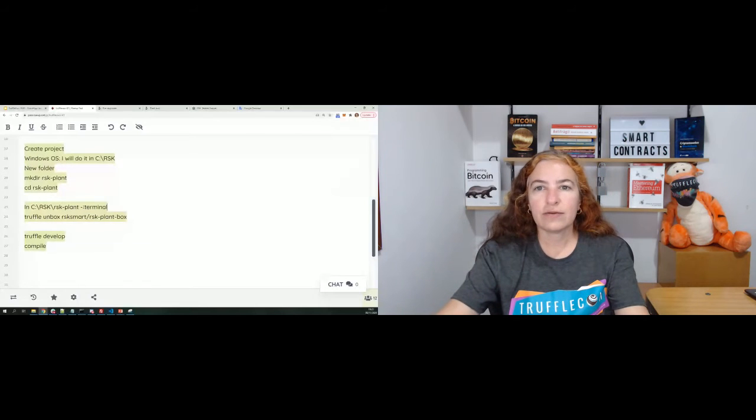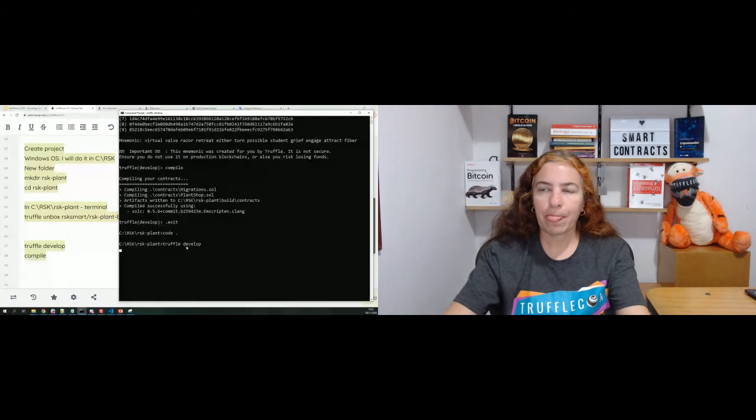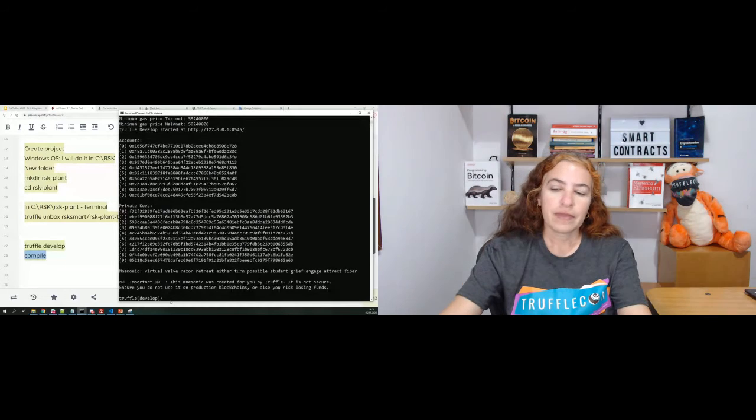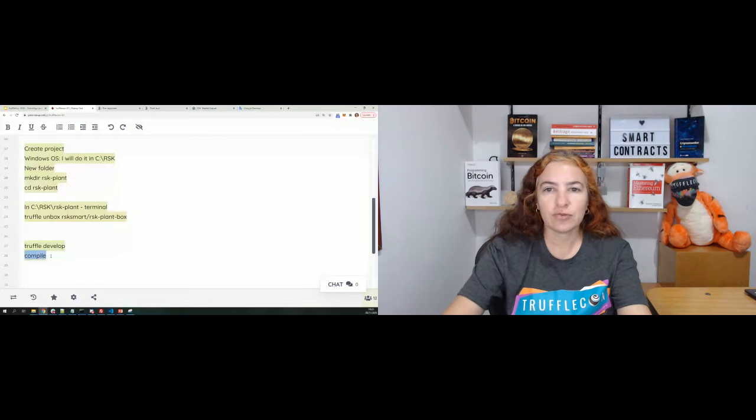To be sure that you know where you need to go, Truffle develop. Yes, I already compiled the smart contract, so if I try to compile again, nothing will happen because it's done. Okay, it's done. The next step here, I can migrate only to be sure that it is working,